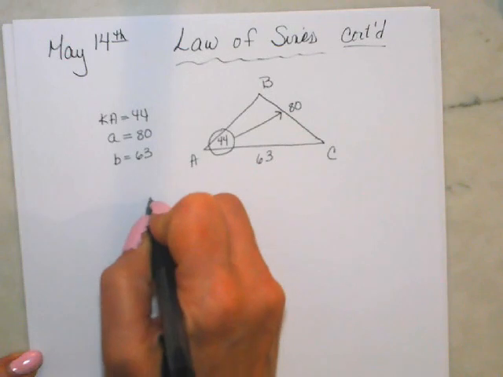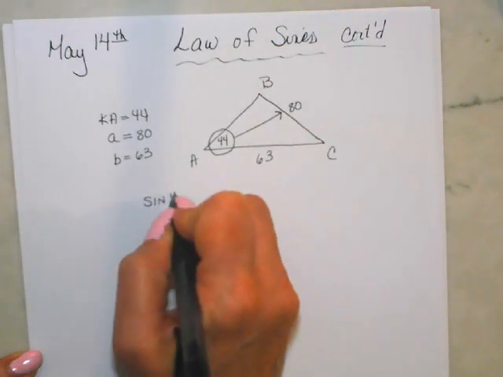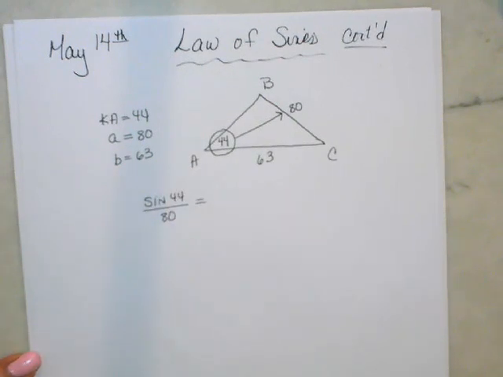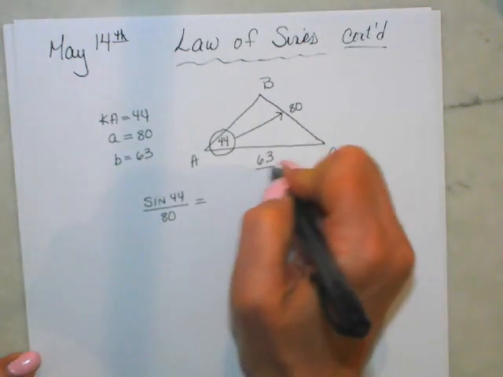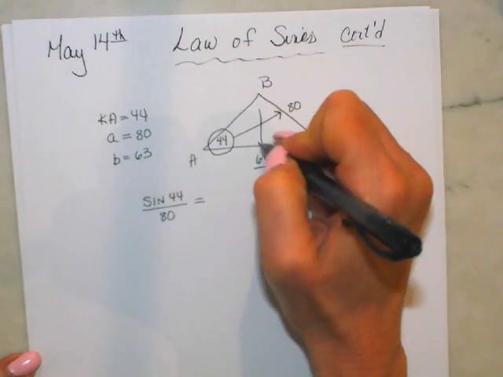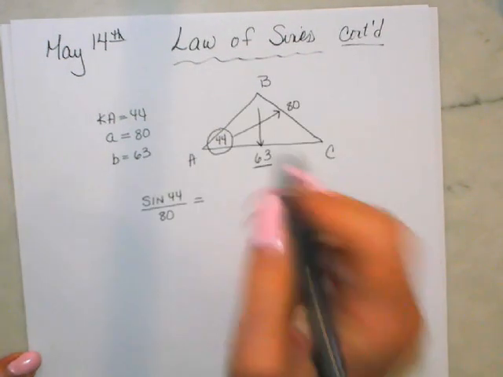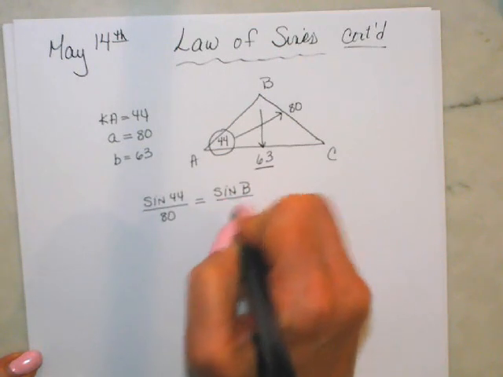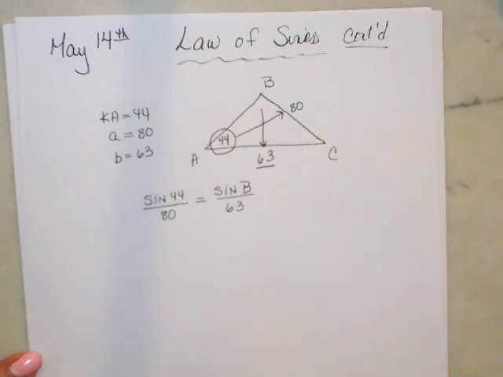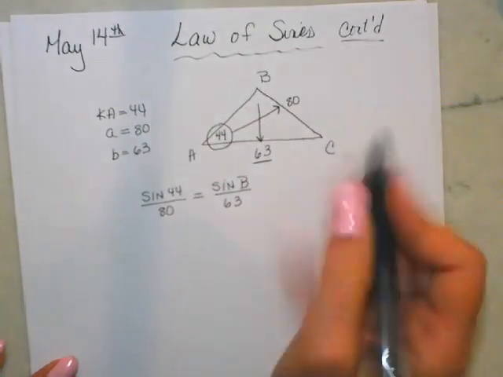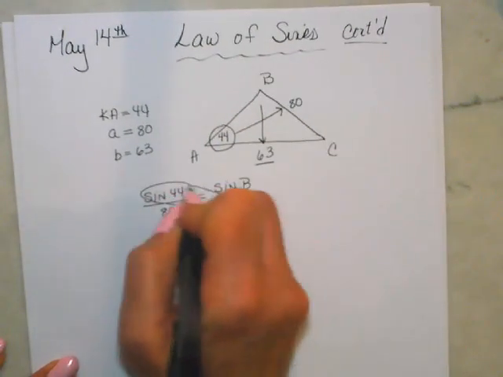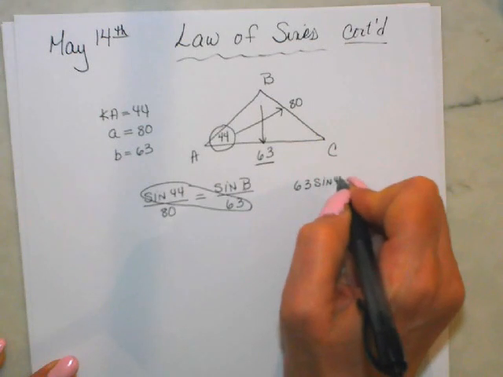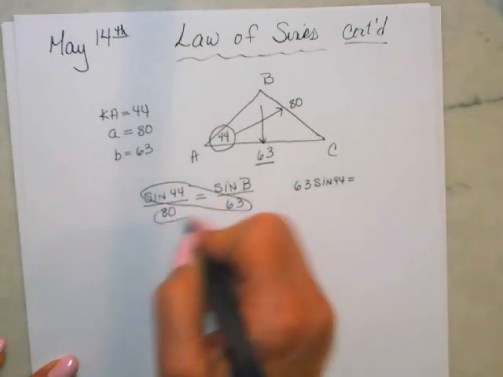So that's going to be my first ratio: the sine of a 44-degree angle is equal to 80. And now the only other information I have in the triangle is this side, so it has to be in relationship to this angle, which is what's missing. So we'll say sine of angle B, which we don't know, is to 63. Now we're going to do some cross products. We'll do this times this. So 63 times the sine of 44 is equal to